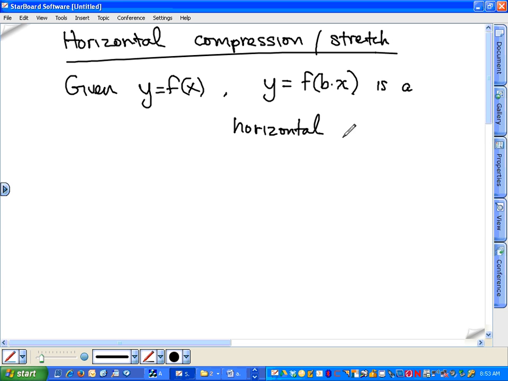Now I'm going to leave a blank here for a second. It's a horizontal blank if b is greater than 1. Now I'm just curious as to your thoughts. What would you put in here for this blank? Just the first thought that comes to your mind. If b is greater than 1, would you call this a horizontal compression or a horizontal stretch? You would say stretch, right? But you got to think about